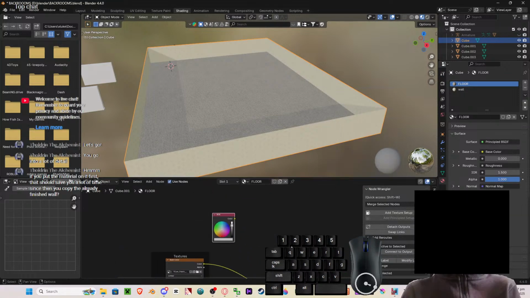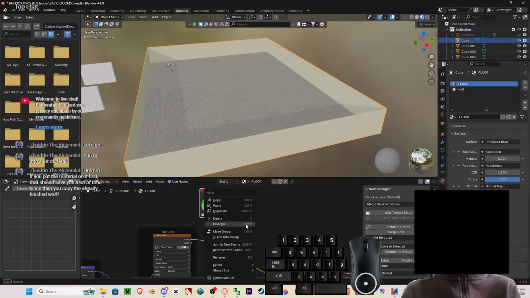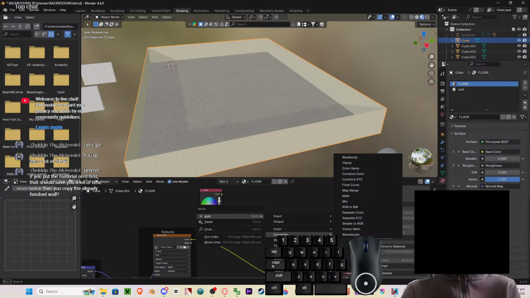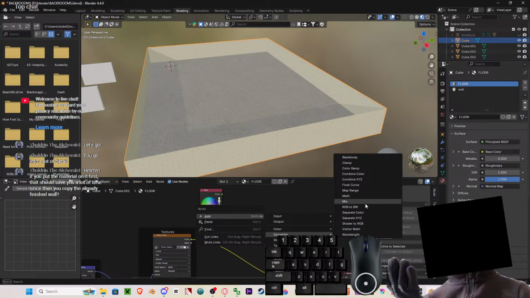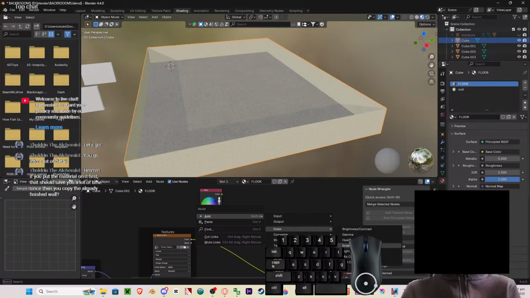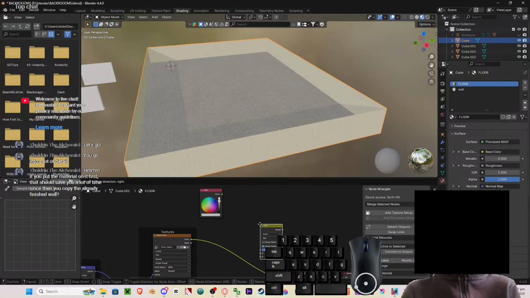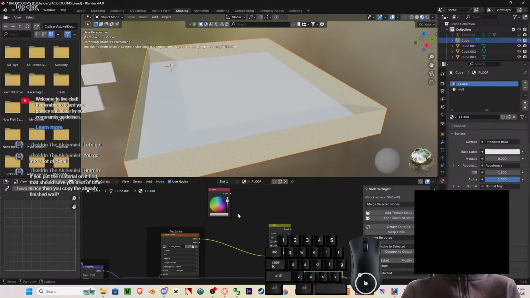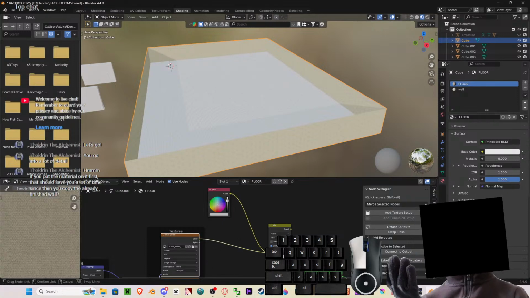RGB. And mix color. Where is that? Oh, I can't select that. Mix. Wait, no, that's the wrong mix node. It's in color. There it is. Oops. And it has to be,